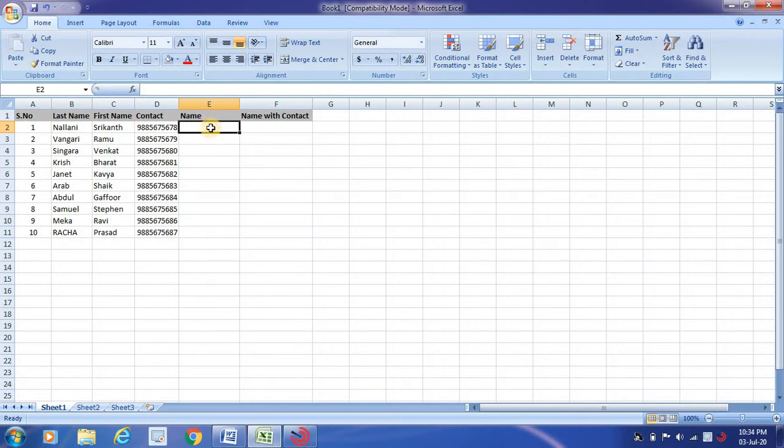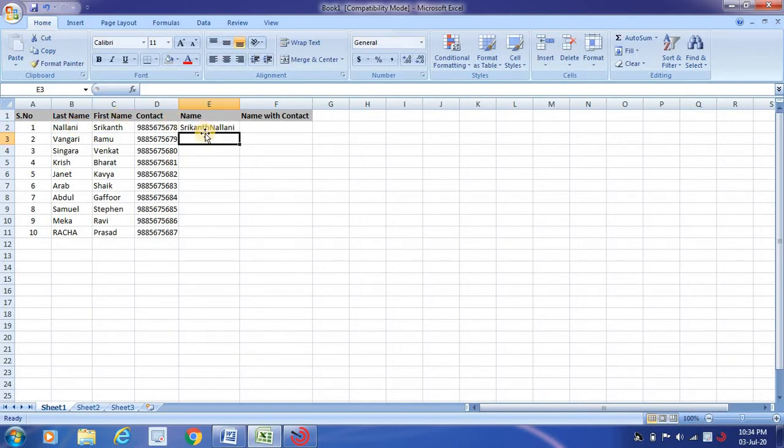To do that, select the particular cell where you want to display, type is equal to, and select the value. First value is first name, and use a symbol called ampersand, Shift 7, and then select the next value and click enter.